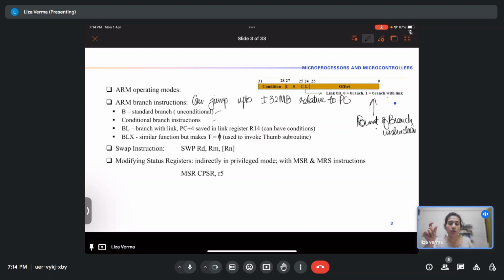The L bit, bit number 24, can be 0 or 1, depending on whether you have a normal branch or a branch with link. If it's 0, then it's a normal branch. If it's 1, then you have branch with link. And then this offset is for your total range, how much you want to jump. This is the maximum offset,